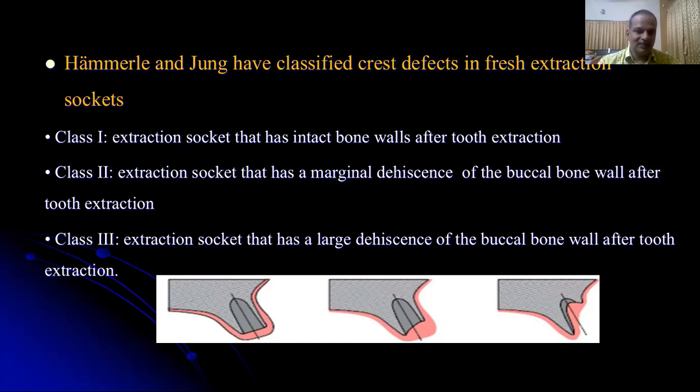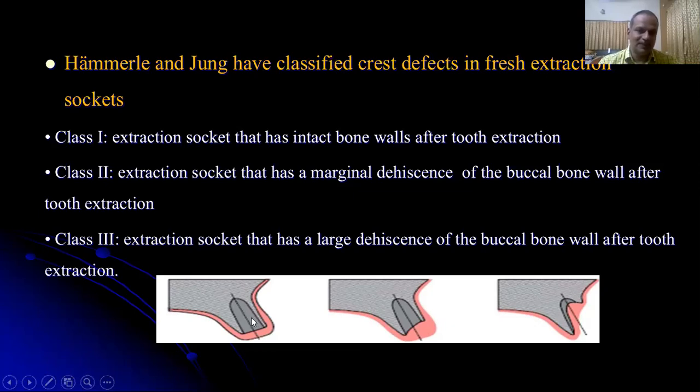And whenever it is not possible to achieve an initial primary stability of 40 to 45 Newton centimeter, whenever the implant cannot be fully stabilized in the extraction socket, a two-stage surgical technique is done, whereby connecting a cover screw immediately after placing the implant. We place the cover screw on the implant, and the space between the implant and the bone, if it is more than 2 millimeter, needs to be closed with the bone graft.